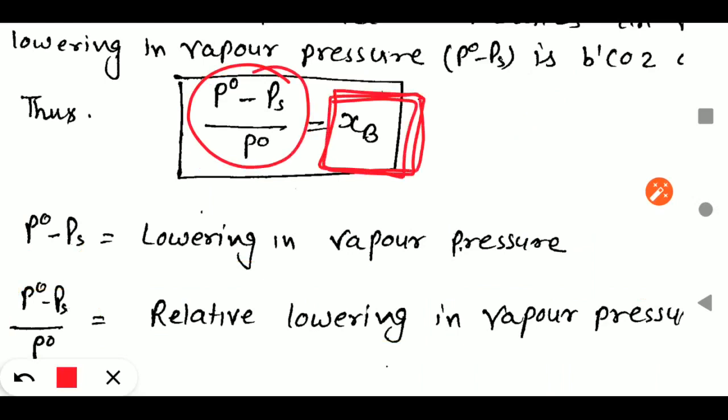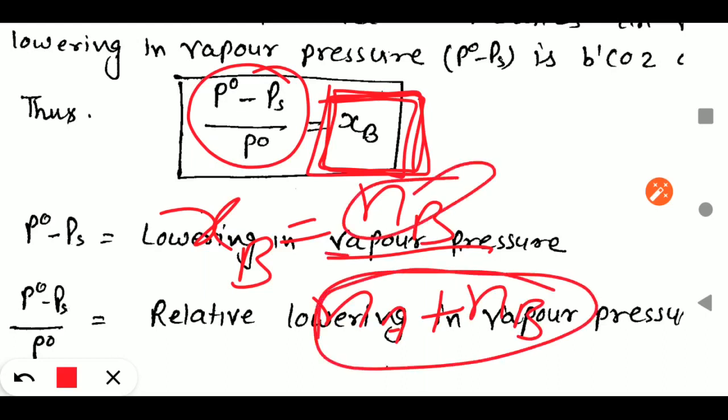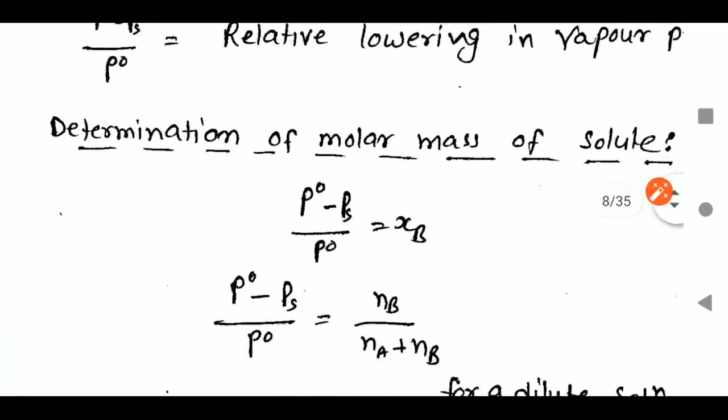एडेड. What is XV? Amount of solute added, and here XV is the mole fraction. So how will you calculate mole fraction? NB upon Na plus NB. Already I told you in the first video that mole fraction is the fraction of moles of solute. It is the ratio of moles of solute to the moles of solution, that is solvent plus solute. Okay. So on rearranging,